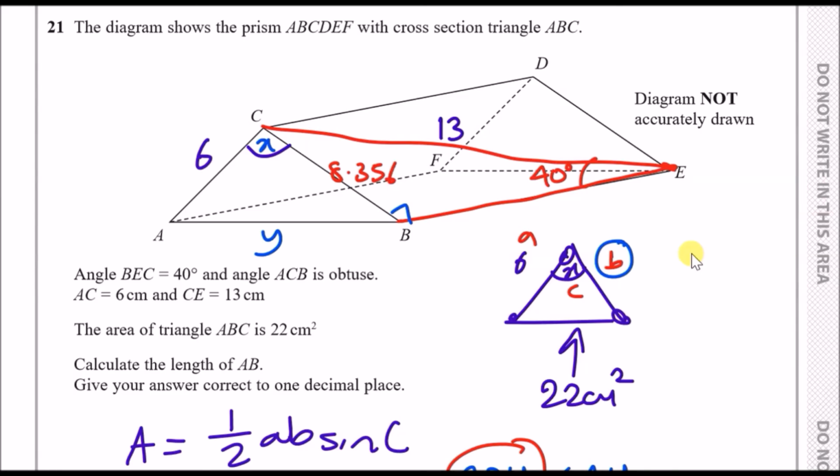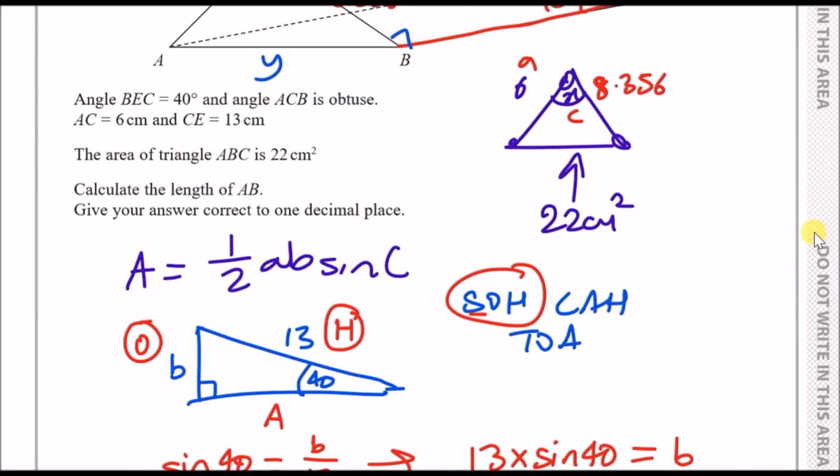8.356. Okay, so that's one done. Now we're going to try and find angle X, yeah? So let's go ahead and update this triangle over here. So this B here we just said was 8.356. And if we recall from earlier, they told us that the area of triangle ABC, which is this triangle,